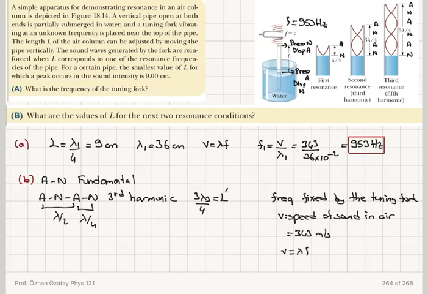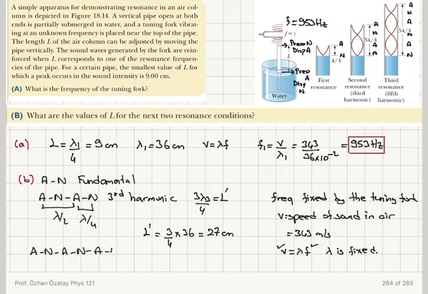It is 343 meters per second. Since V is equal to lambda f, V is fixed, f is fixed, lambda is fixed. And what is lambda? 36 centimeters. So my next length will be 3 over 4 times 36. So it's going to be 27